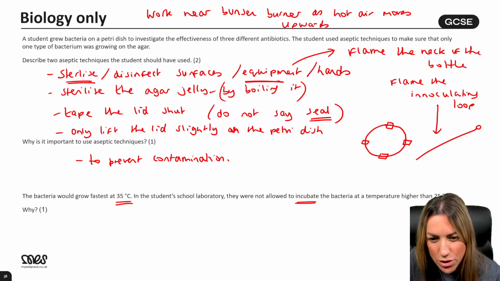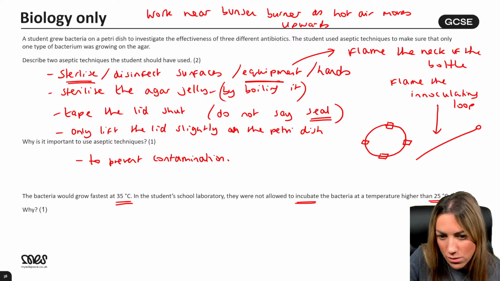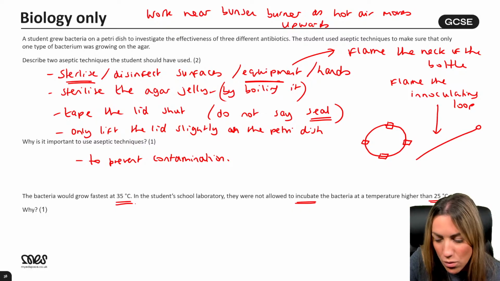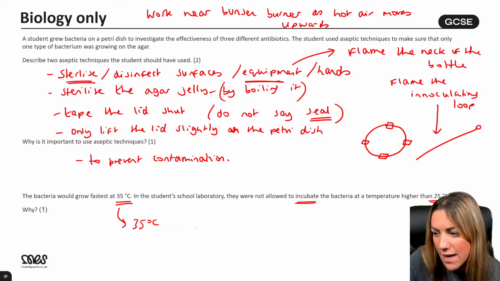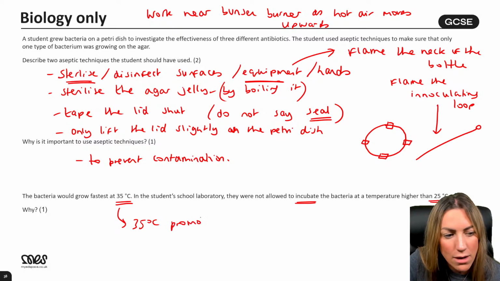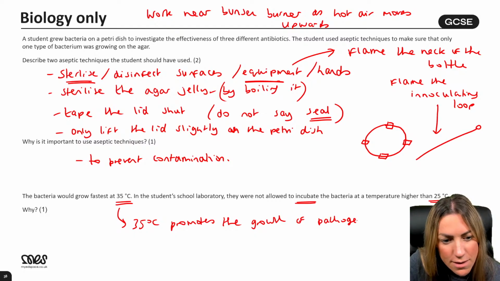Can we say a little bit more than too dangerous, not safe? Oh, I'm going to give you a perfect answer. Oh, okay, I saw some good ones then, super fast. So 35 degrees, the way the mark scheme words this is promotes the growth of pathogens harmful to humans.